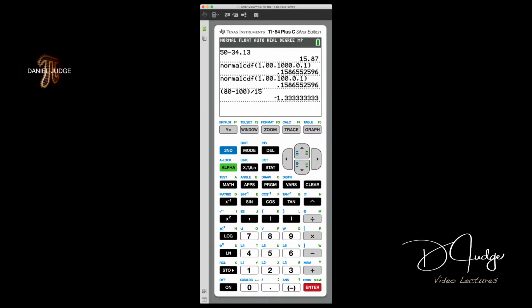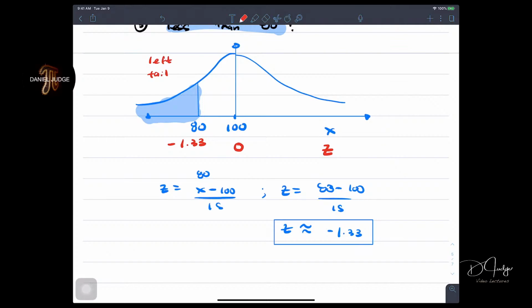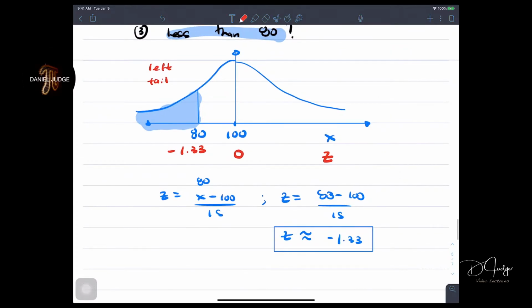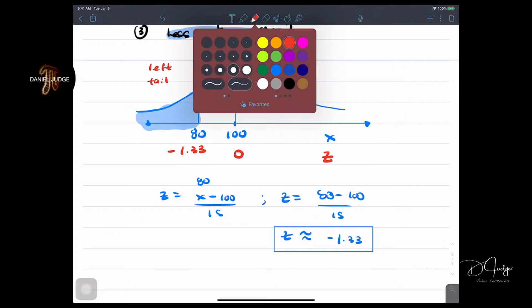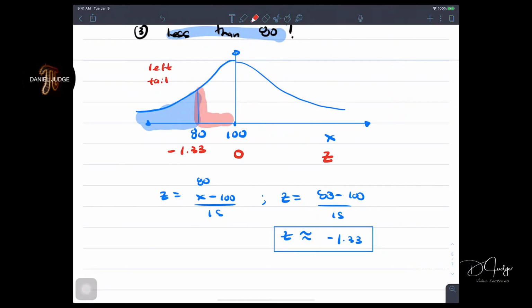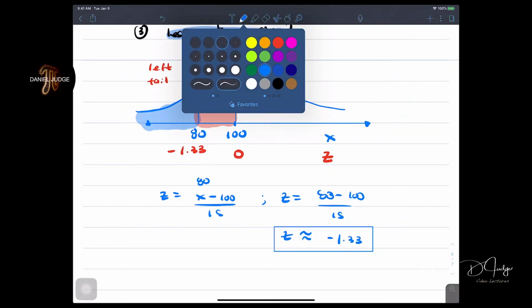So this z-score is negative 1.33. Let's look at the iPad and see that there. All right, we're on our way to calculate a left tail. Remember, at this point, you have to use the z table. You're going to find this percent of the bell that is missing, right? So your final answer will be